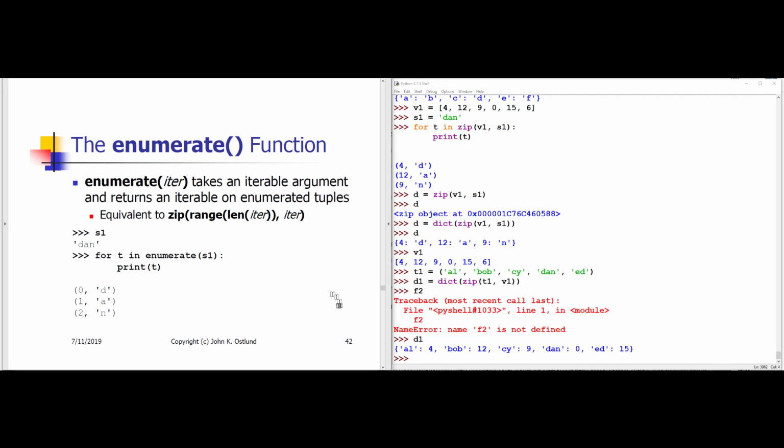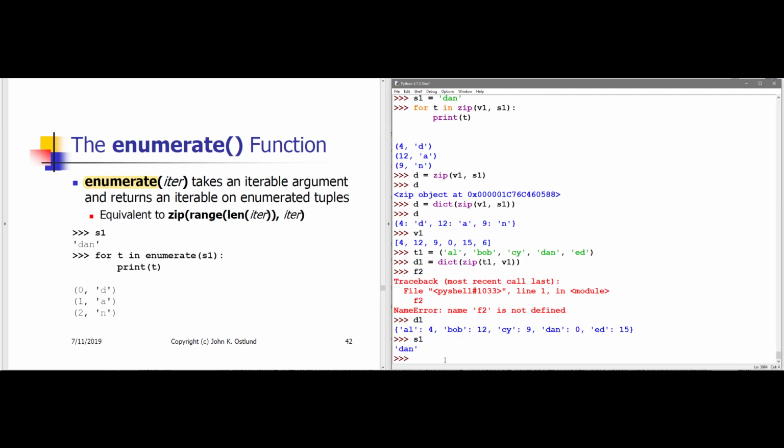Another nice function that you can use to, among other things, build a dictionary is enumerate. Now, enumerate creates an iterable from some existing iterable in which each item of the existing iterable is paired with a sequential integer value, 0, 1, 2, and so on. So let's take a look at a simple example. I have S1, Dan, and if I enumerate S1,